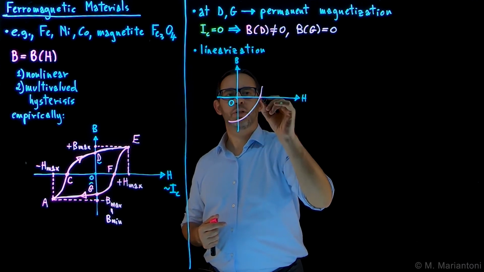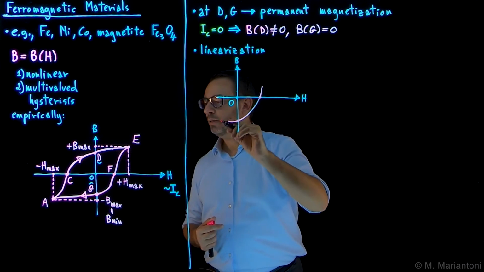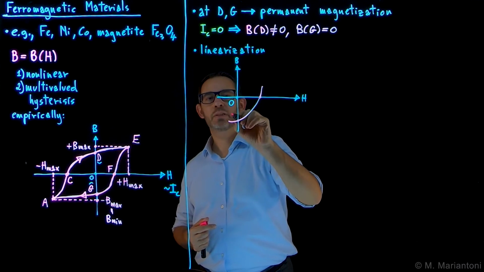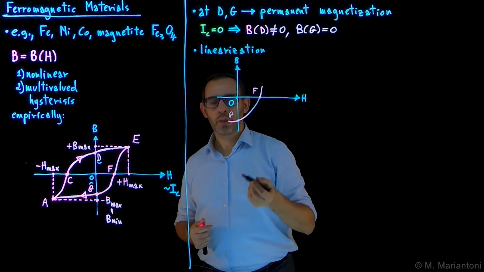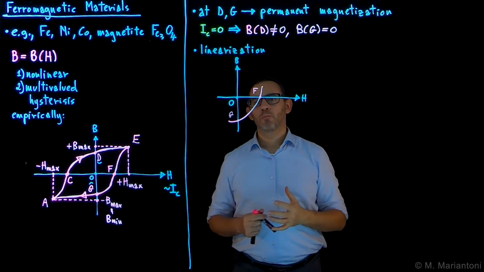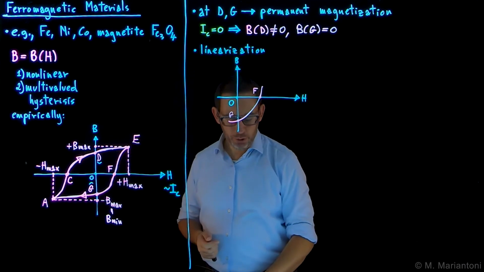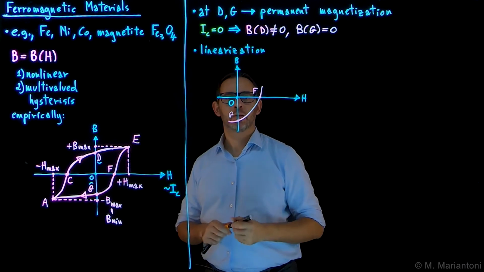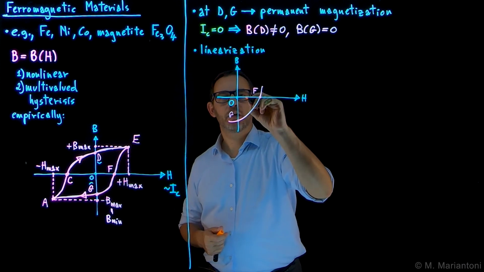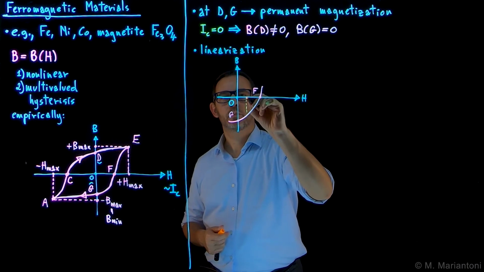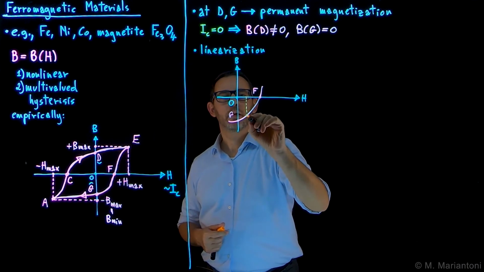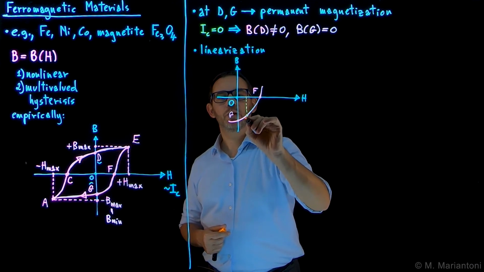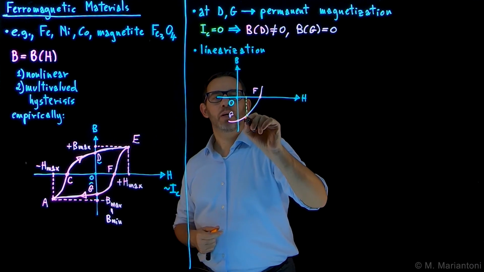But again, at these points, we know that they are G and F in this specific case. Let me just say that this one is G, this is F. And now what we want to do, we want to linearize. For example, if we were to operate somewhere in the vicinity of a point capital P, if we want to linearize, that is, if we are okay to work within a reasonable distance from this point,